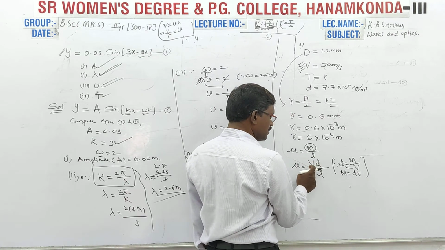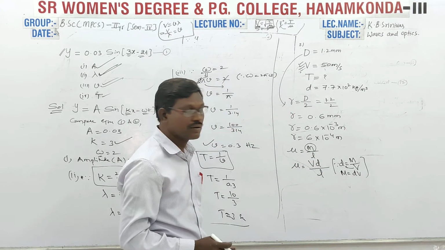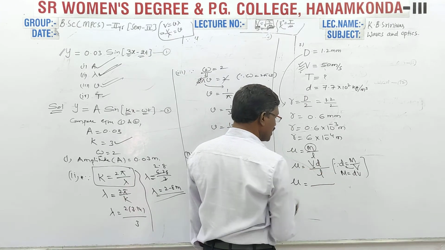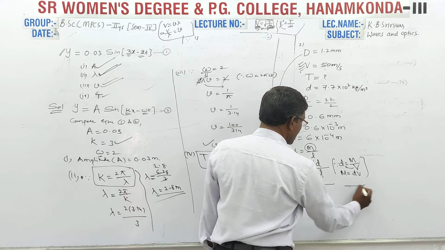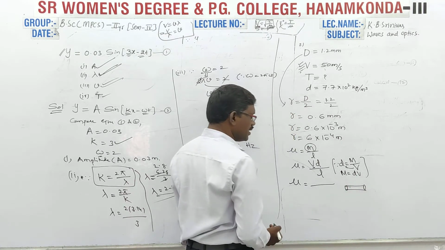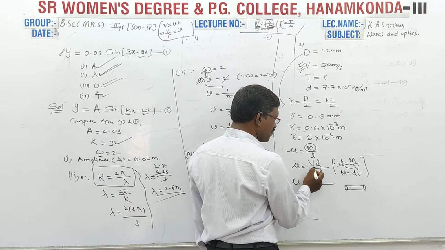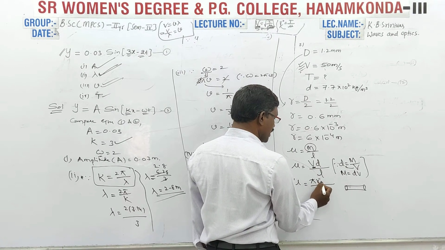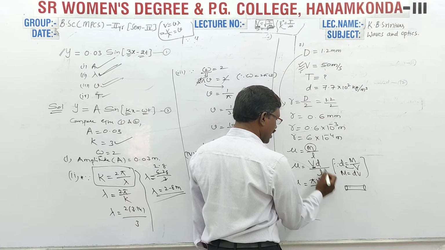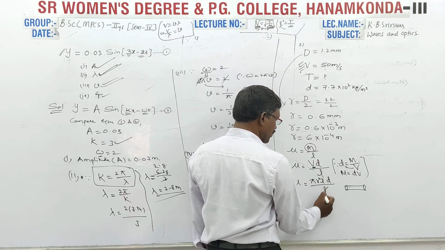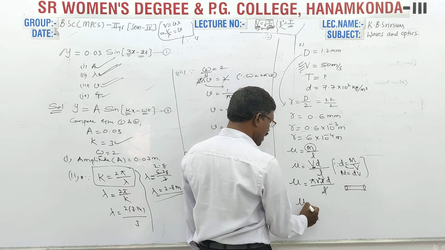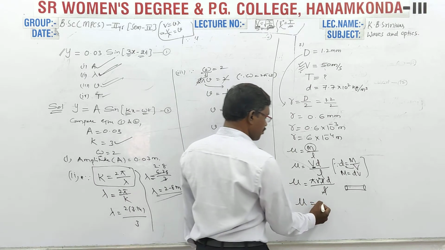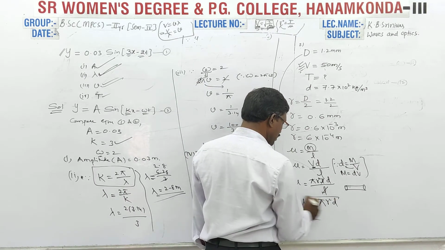Instead of mass, here I am substituting volume into density. What is the expression for volume of the cylinder? Because the wire is having cylindrical shape. This is a wire. What is the formula for volume of the cylinder? That is pi r square L. Pi r square L, already we are having density by L. L cancels. So finally I have calculated the expression for linear mass density as pi r square d. You can remember this directly.